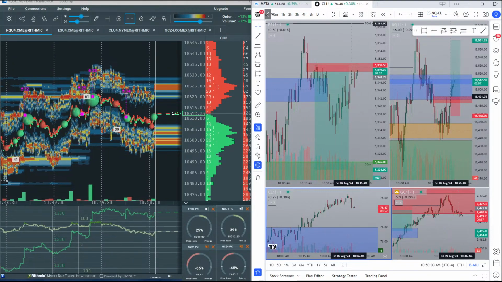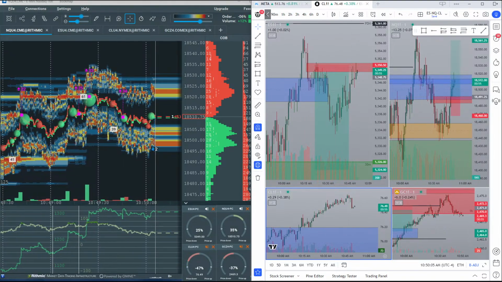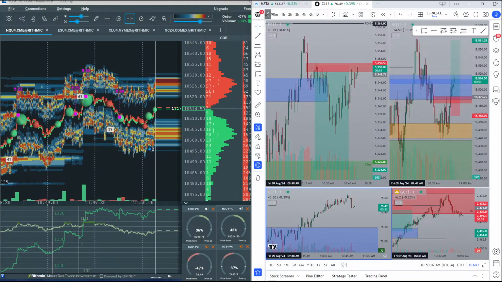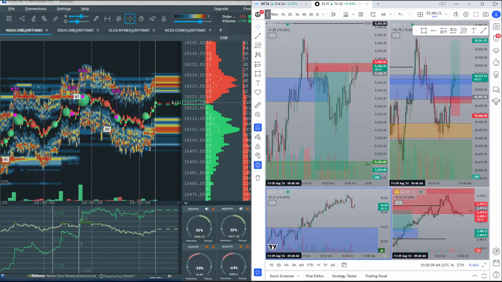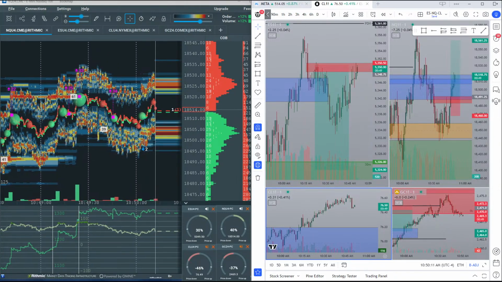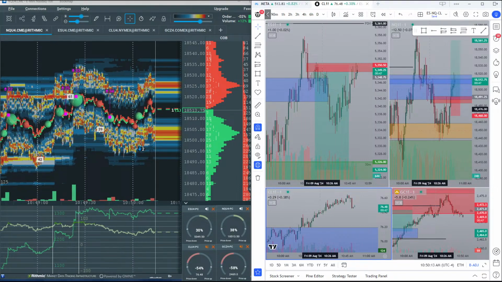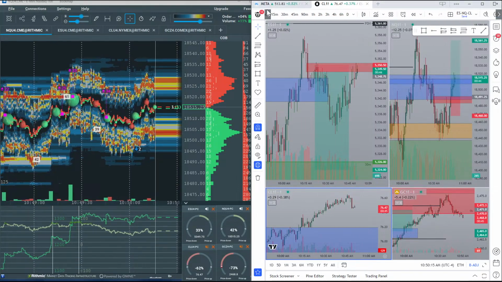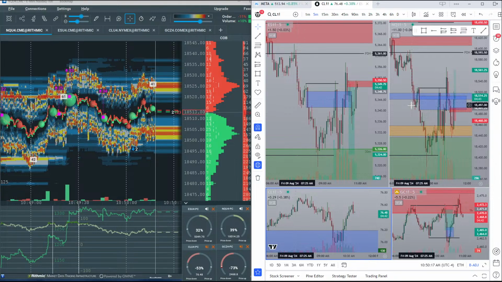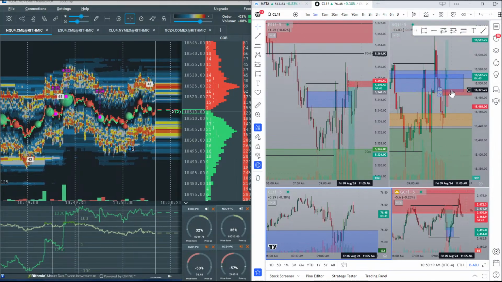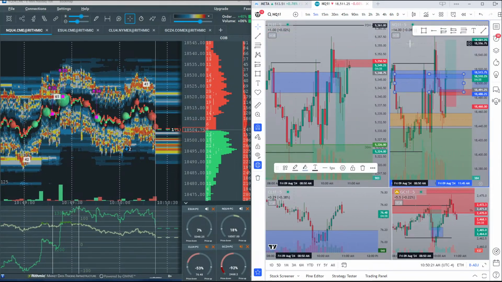What time is it? Apple's trying to push higher. Microsoft, Meta, new high of the day on Meta. Check out our 5-minute time frame. We'll see if we want to